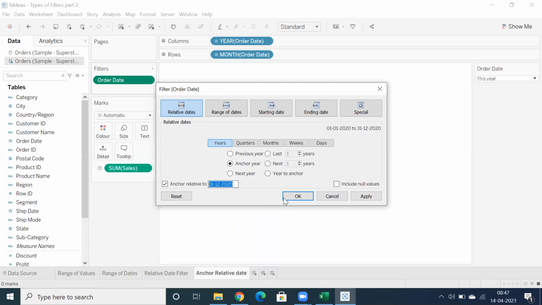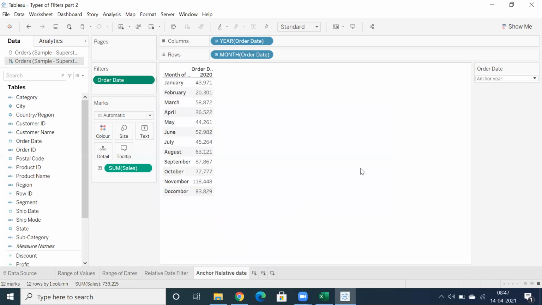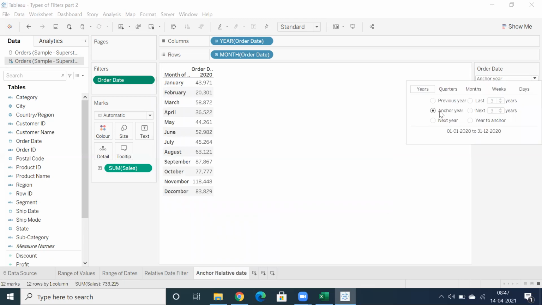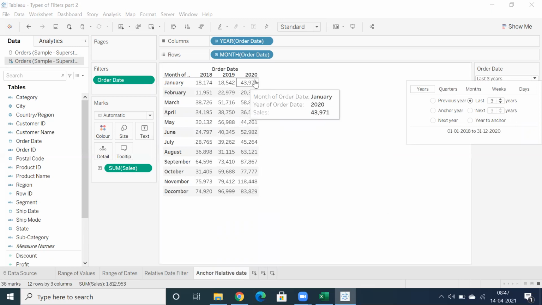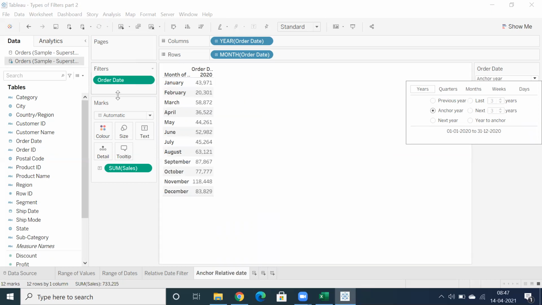So when you select December 31st, 2020, instead of this year, you're able to see the anchor year, that is 2020. When you go for previous year, which is 2019, when you go for last 3 years, which is 18, 19, and 20, it won't consider this year because we set that as the anchor date. You understand, right?